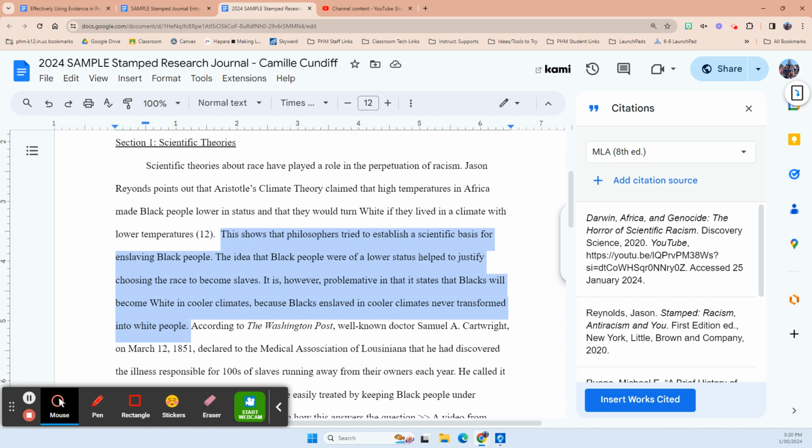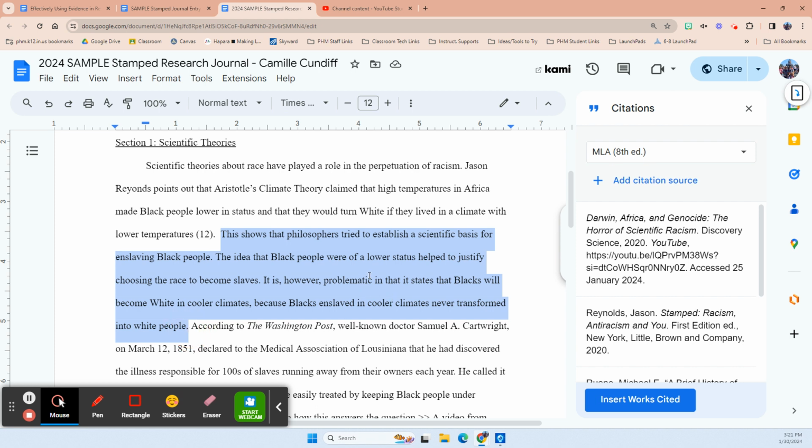The idea that Black people were of a lower status helped to justify choosing the race to become slaves. However, it is problematic in that it states that Blacks will become white in cooler climates, because Blacks enslaved in cooler climates never transformed into white people.